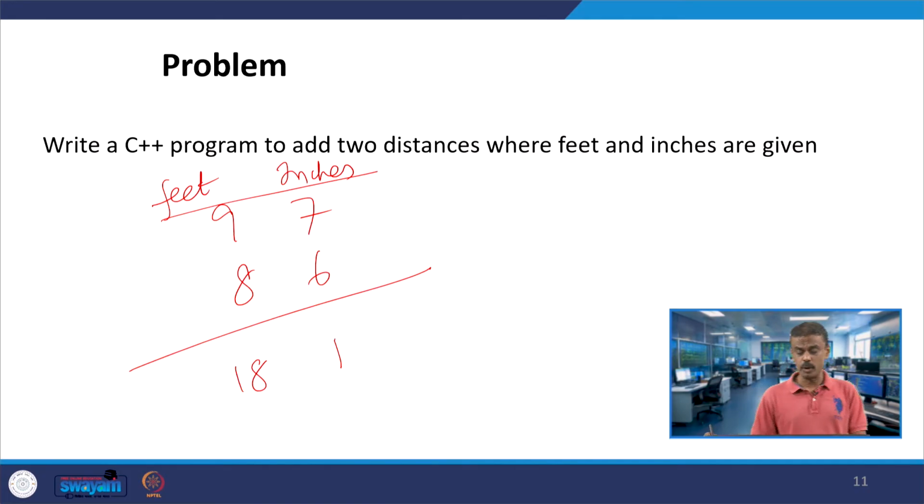So, how do you do this with the help of object oriented programming, you can think of. How do you think? You can create a class Distance and then you have to include feet and inches as the data members, and then you have to think of getter and setter values, display values, and then in the main program you have to write addition of two distances. So, this we will see.